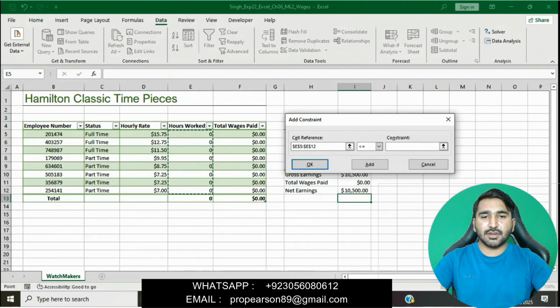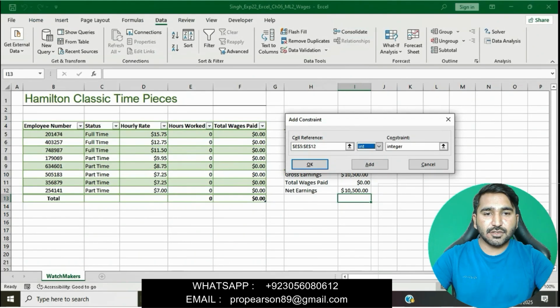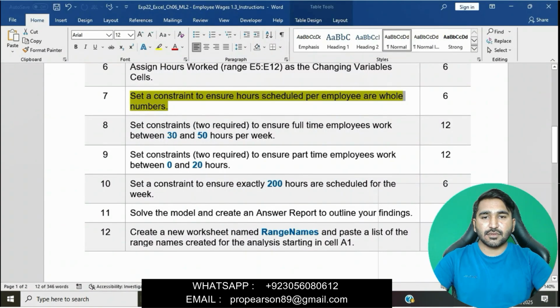Now question number 8: click on add and integer, then we will add this.